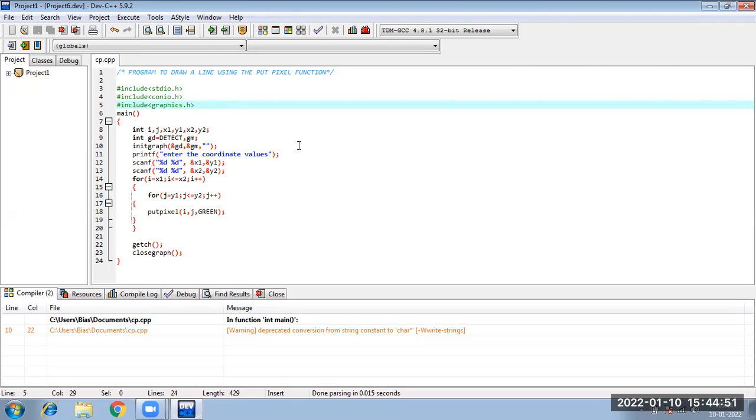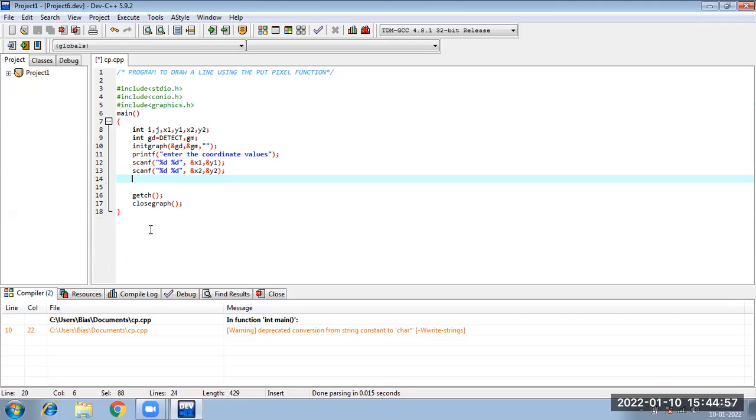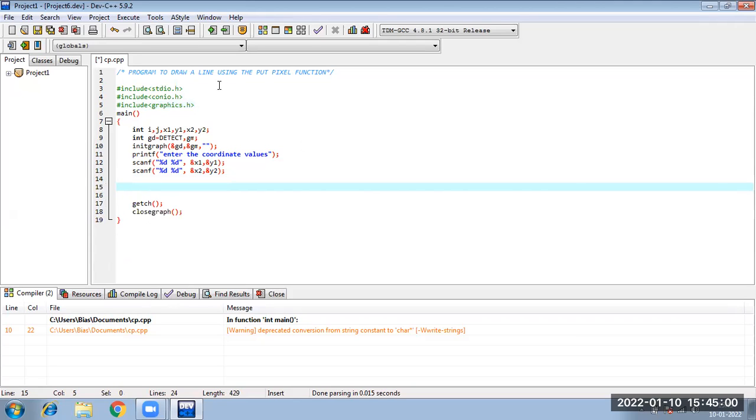Now, this line we have learned using the concept of putPixel. The same line can be drawn in your graphics using the defined function. There is a function defined, that is the line function, to draw a line using the inbuilt function. Now, how does this line function work?